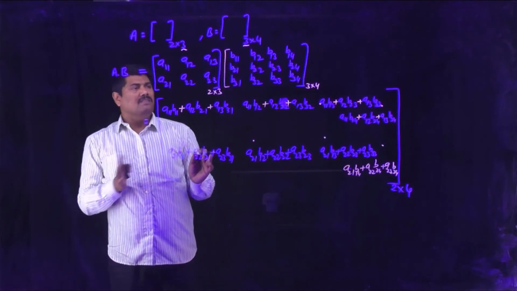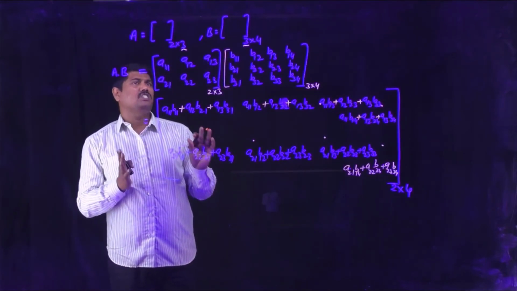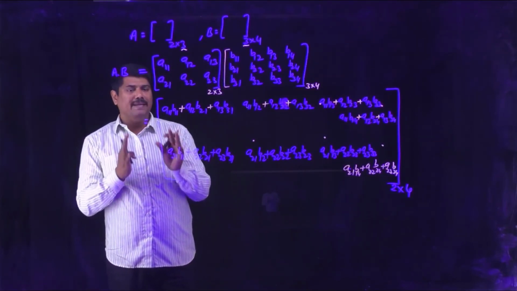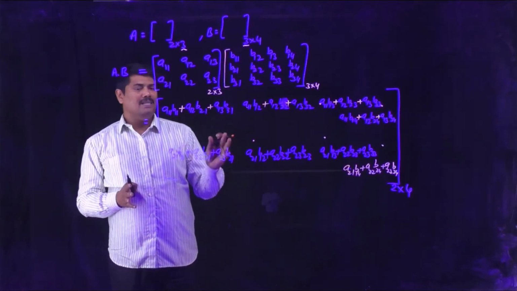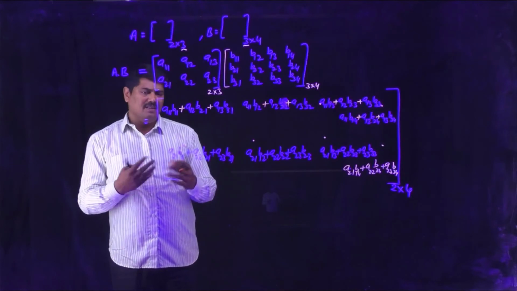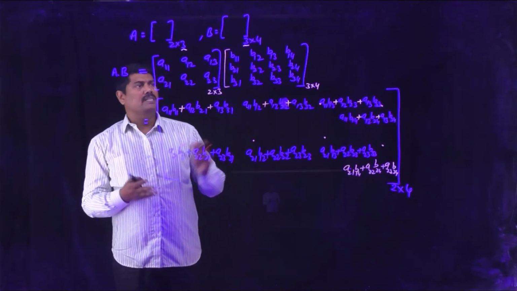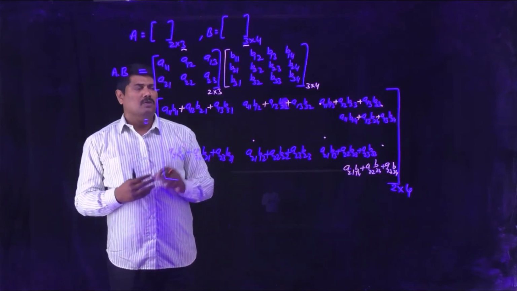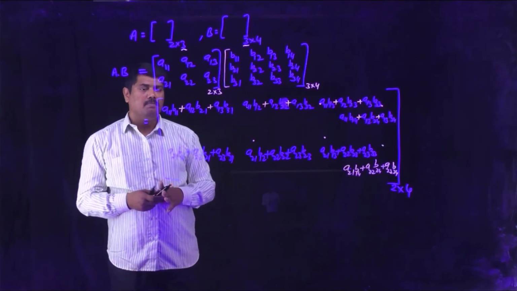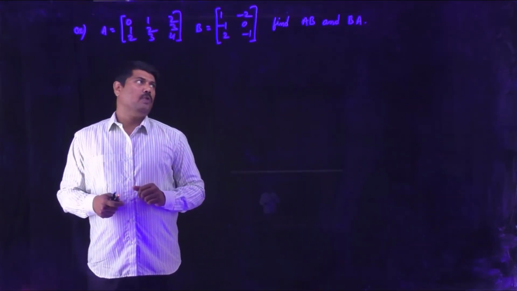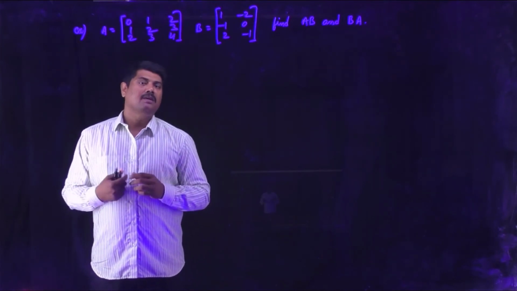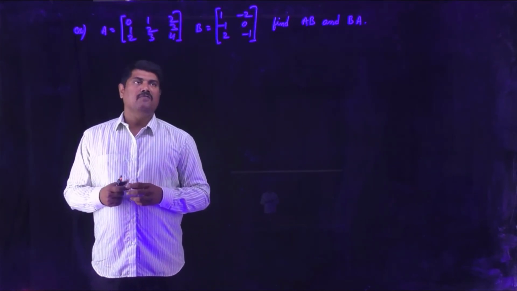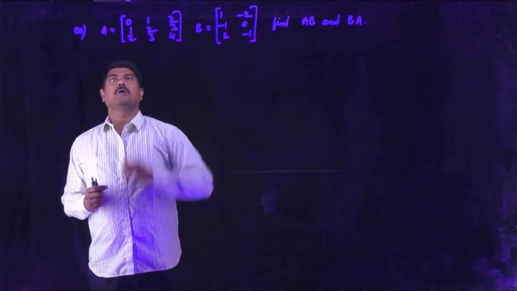So this is the general manner with the basic construction of matrices. I will explain the matrix. Later I will consider some numbers so that it is easy to construct the multiplication of the matrices. Now let us do one problem. Already we discussed the concept of how we can do the multiplication of two matrices. Here we have one problem.